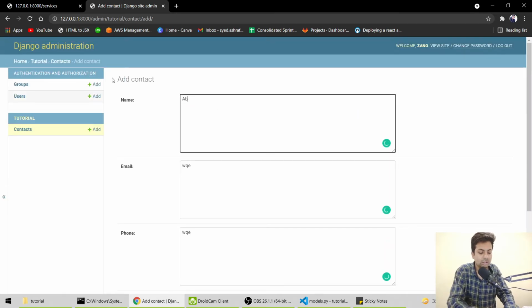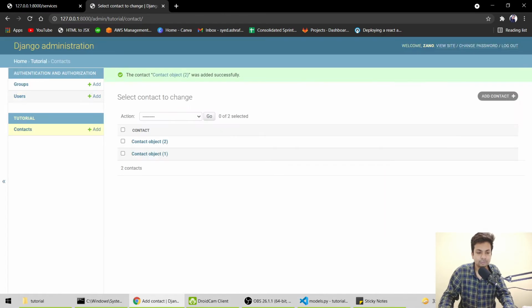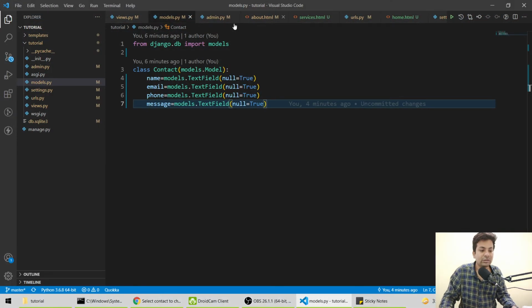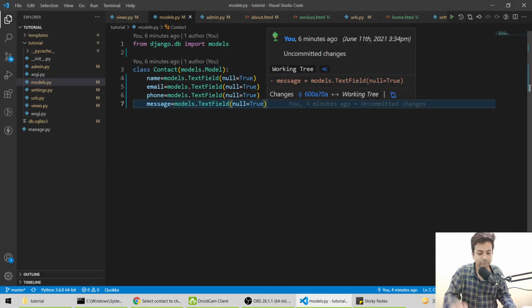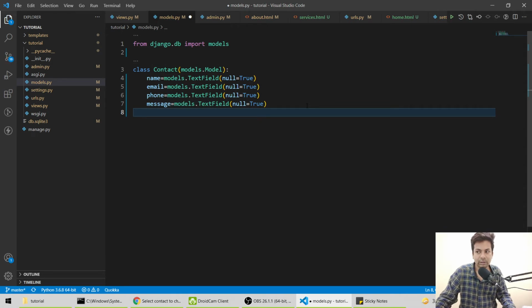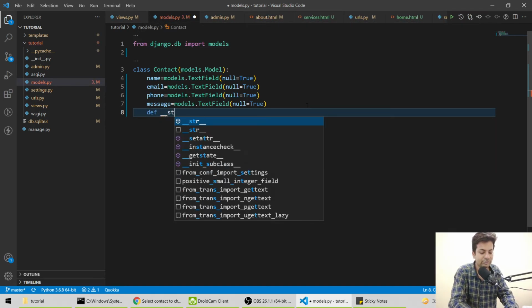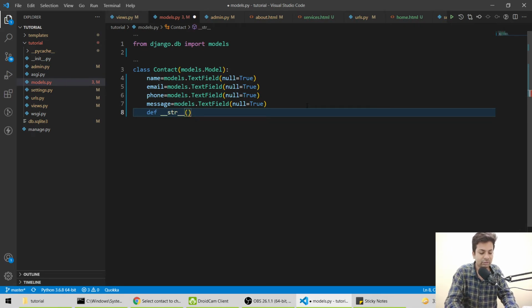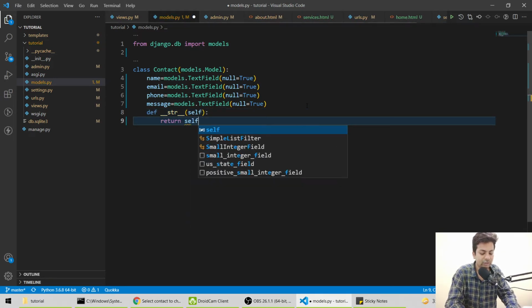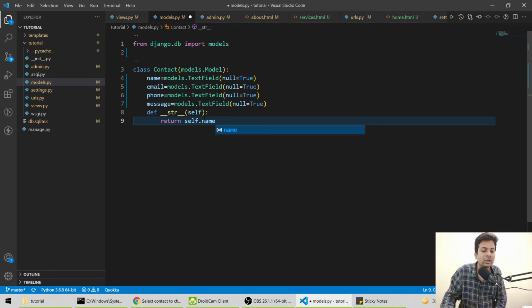If you just keep on saving, it will just show you a different thing. Let me name it as Abraham. It doesn't matter how it looks, but whenever someone uses it they will ask what is this, what is the name. So that's why here we define a function __str__, then we'll take self because it's a class, and we'll say return self.name. Self.name means this thing, this name or whatever value you want to use.